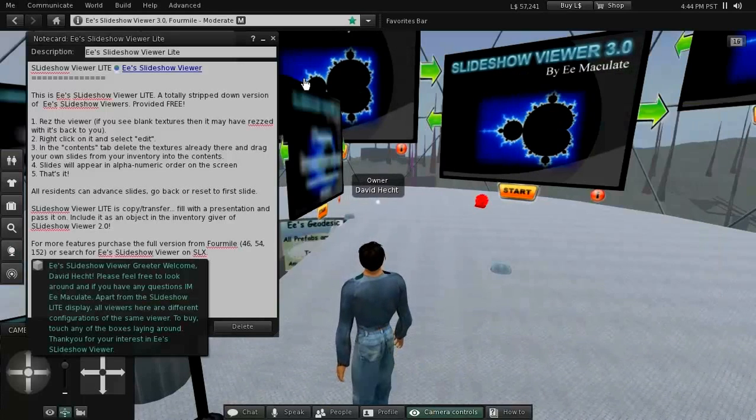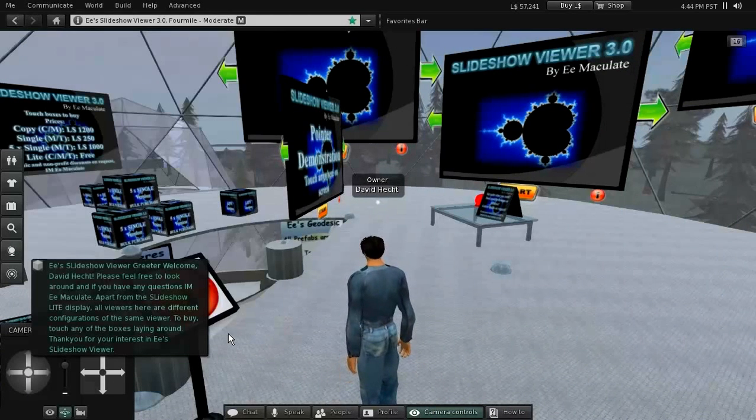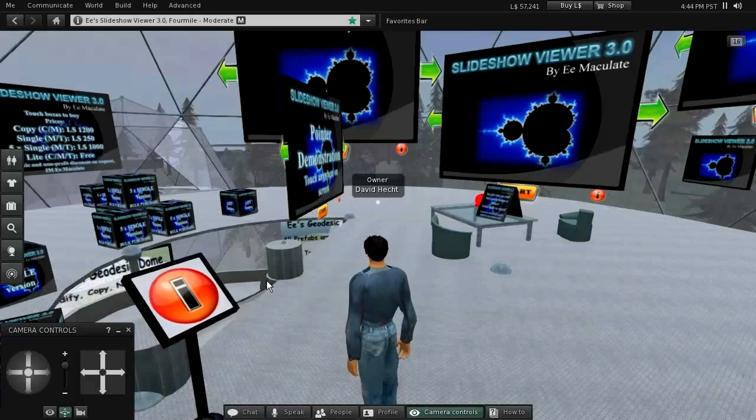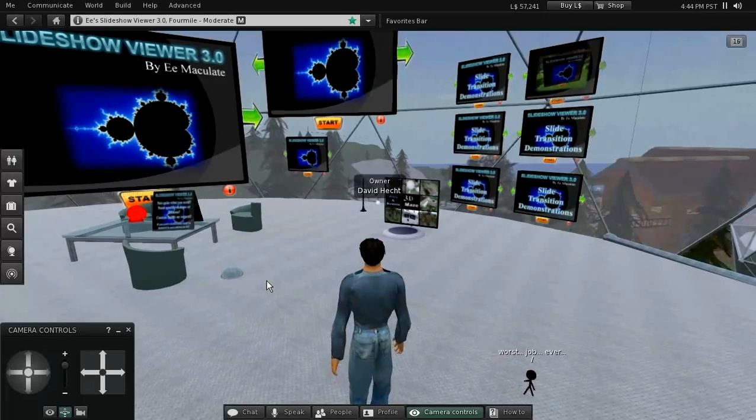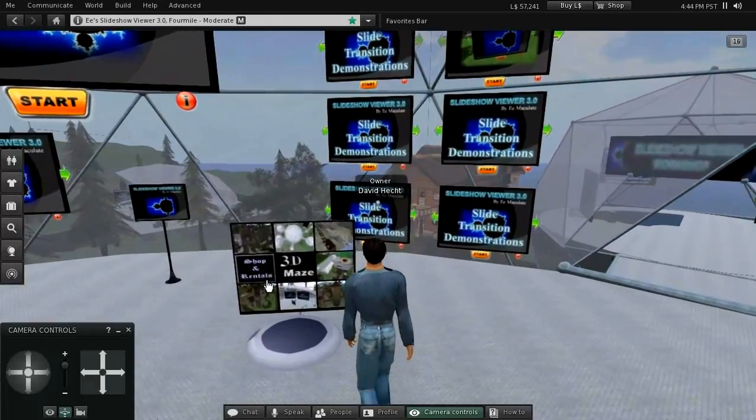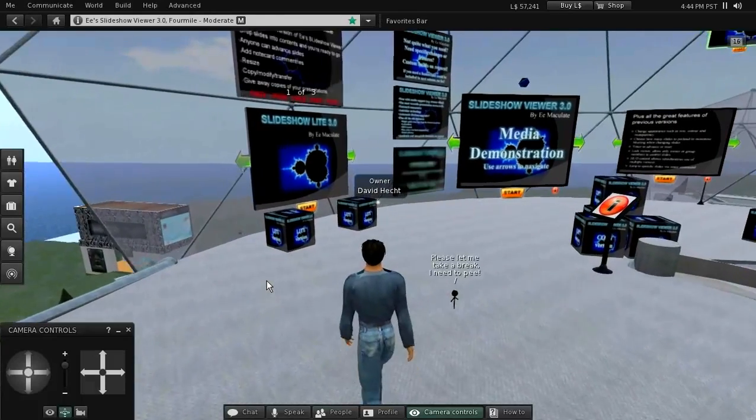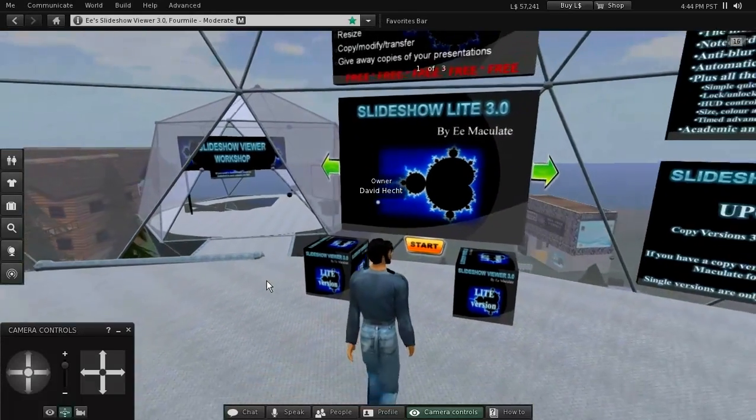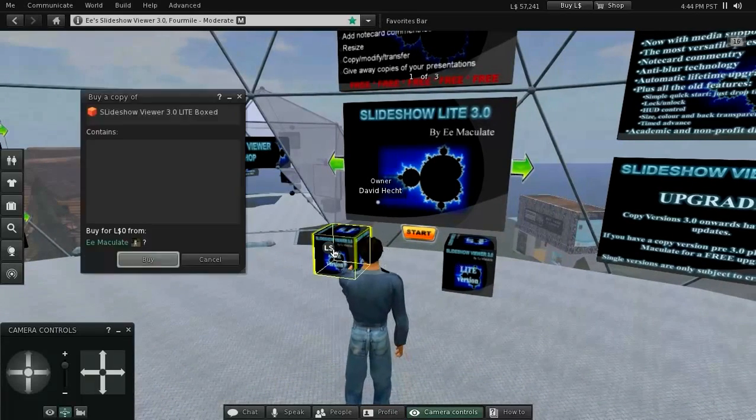Now, once you land, close everything out, your next job is to find the tool that you're looking for. As you can see, there are quite a few slideshow viewers. We're looking for the one that costs nothing. Slideshow Viewer Lite. That's transitions. There it is. Slideshow Viewer Lite. All we need to do is to click on one of those boxes. That will give us the contents,